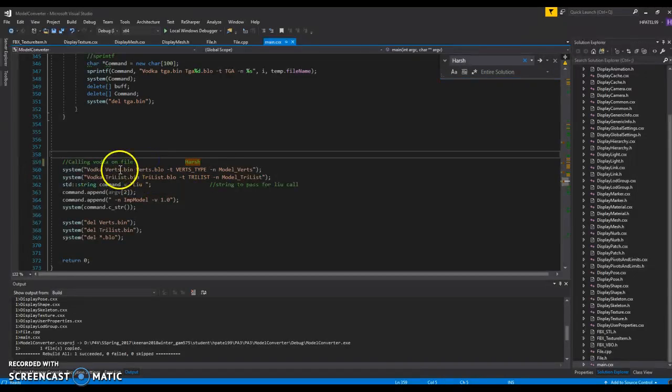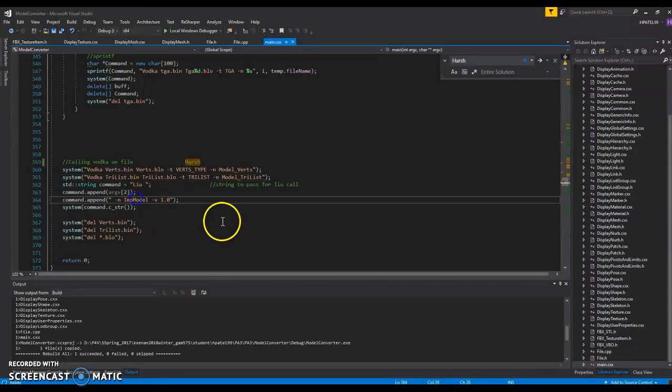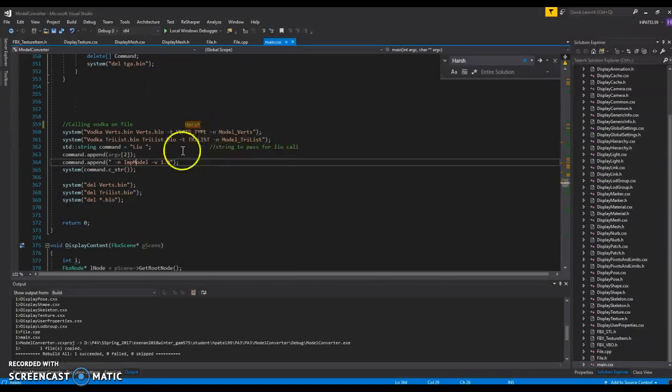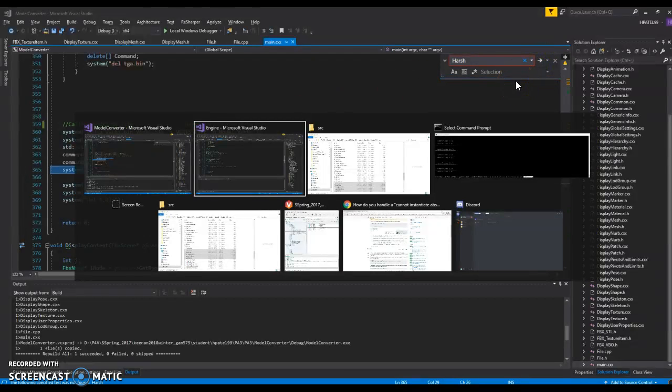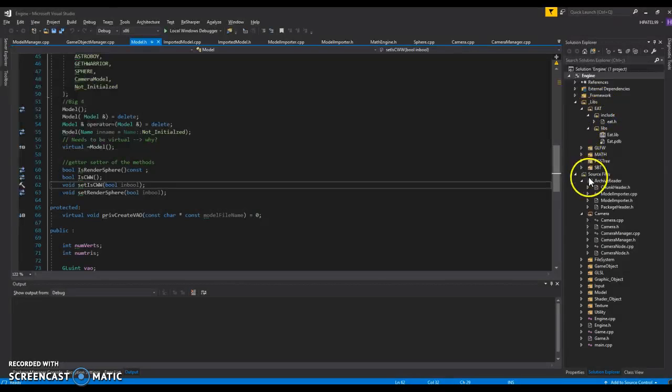This is where the whole vertex bin and vertex triangle list are stored into the blob files over here, and then later on we just call the LIU on this. So this whole string thing calls the LIU, and we pack it off. So that's pretty much the converter part, and in the engine part I have an archive reader